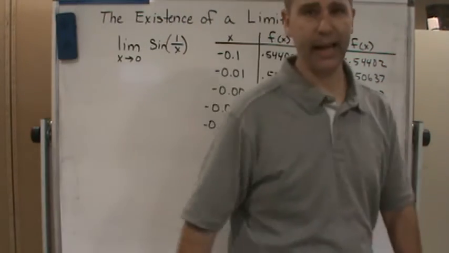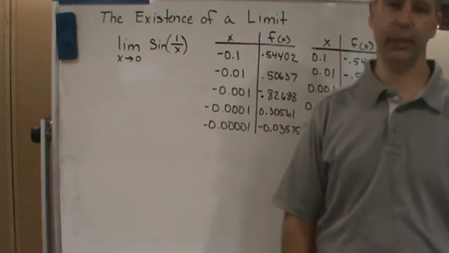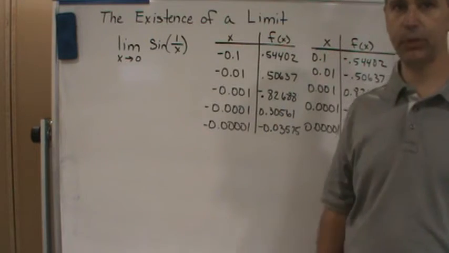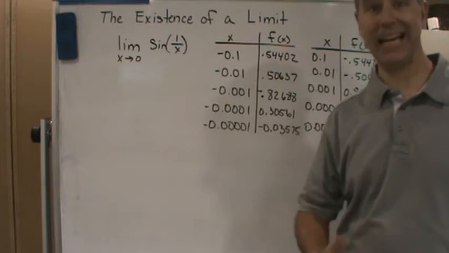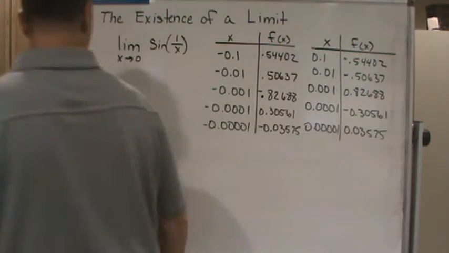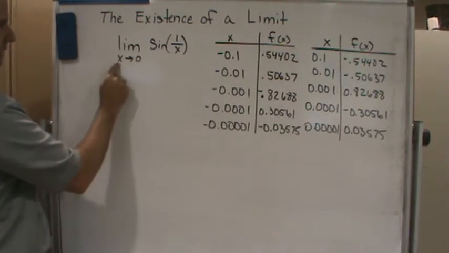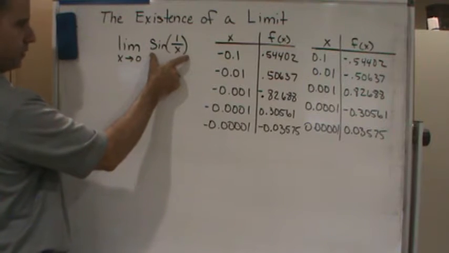Okay, welcome back, and now we're going to talk about existence of limits. So we're going to start with an example and show you when we see that a limit does not exist. Okay, so for example, we want to find the limit as x approaches 0 of this function sine of 1